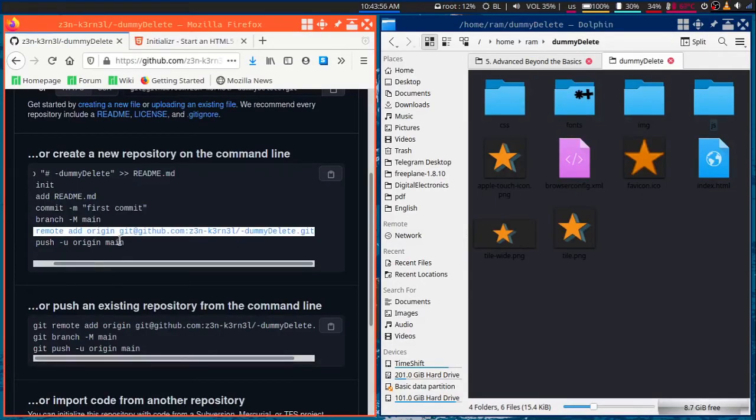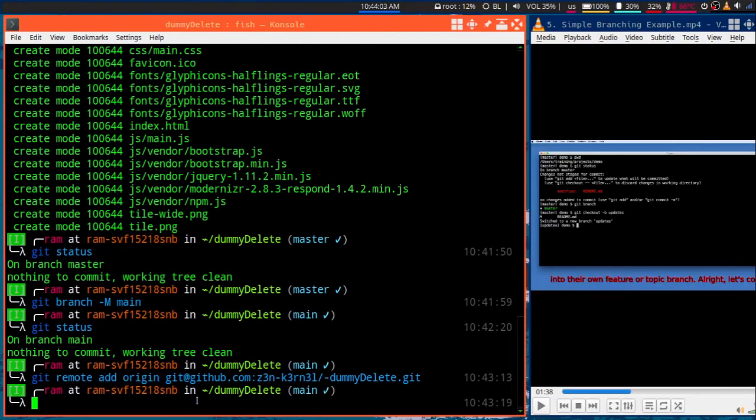Then you can use the push -u command to link your remote repo and your local repo and upload it. So this -u option is only used once. Okay, we'll type git push -u origin main. That's the full command. The -u option is only used once, that means when you are pushing for the first time. After that you don't need to specify the -u option. You can just type git push origin main.